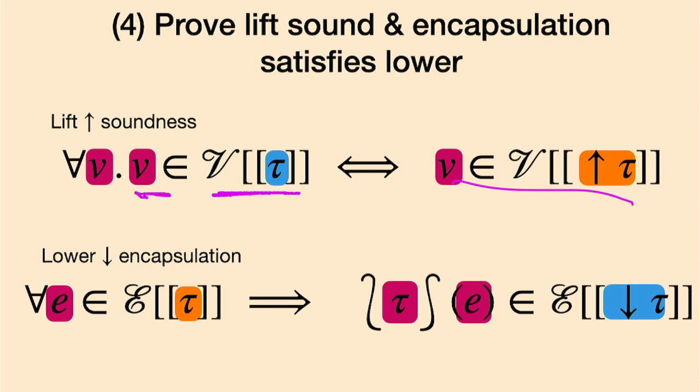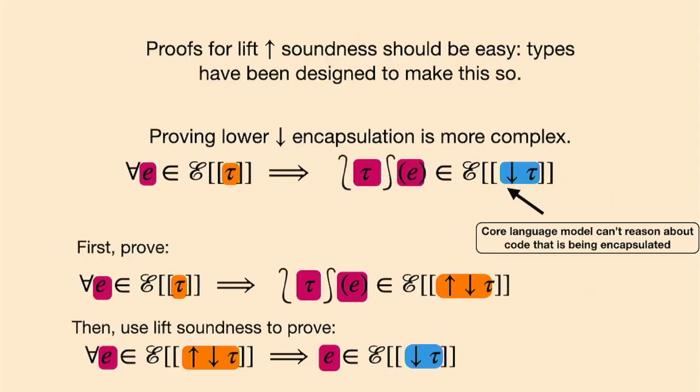Lower is the more important thing, which is saying if we have a target-level expression that has the yellow type, then if we wrap this encapsulation code around it, it should behave as this core type, right? Encapsulation should actually do what it's supposed to do, okay? And this ends up being a little bit trickier if you think about it, because the whole point of having this extended language, in the example that I have for the talk, is that it can throw exceptions. Okay, so this might throw.